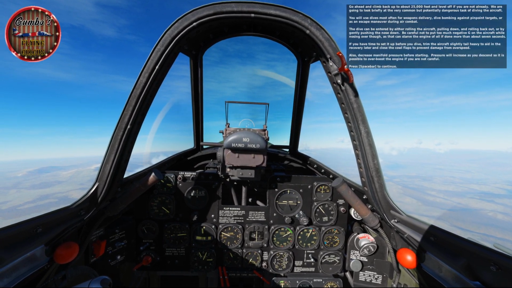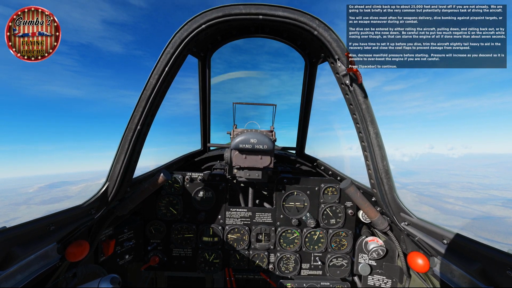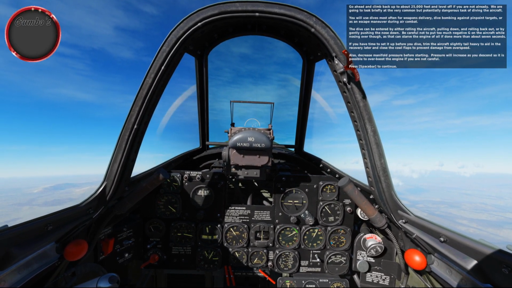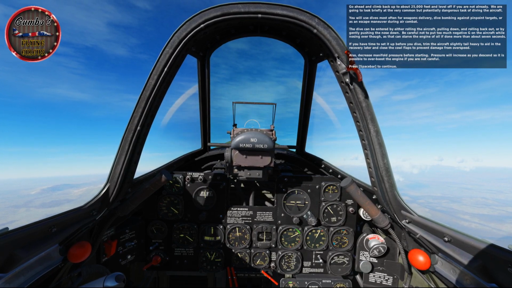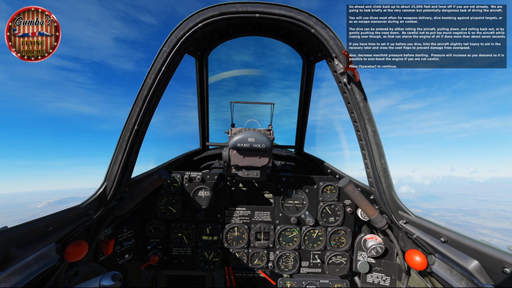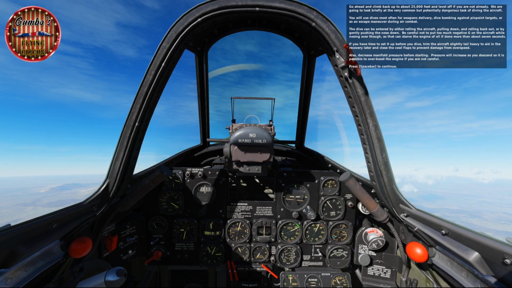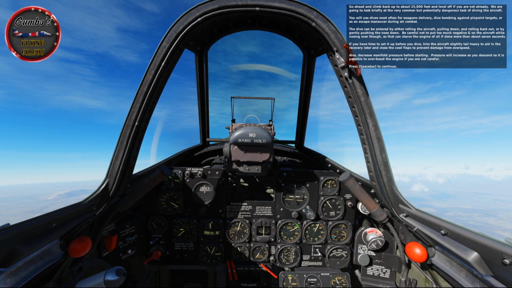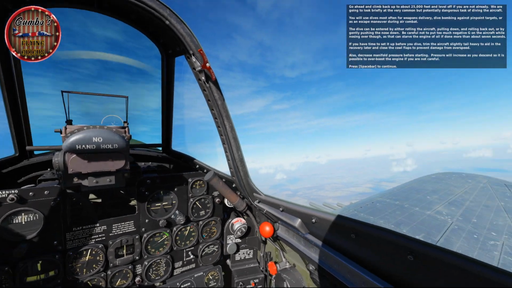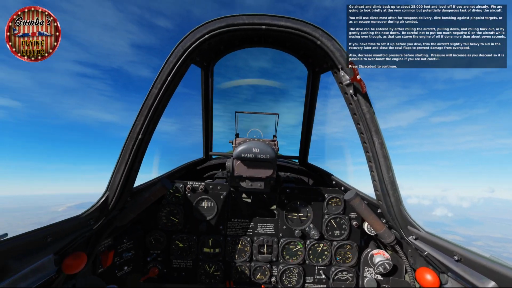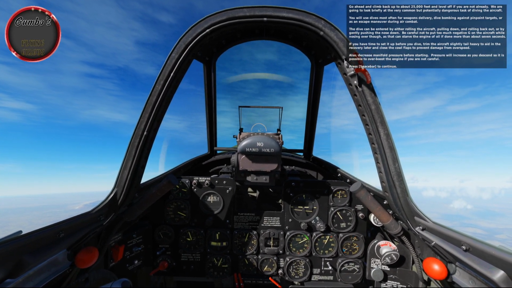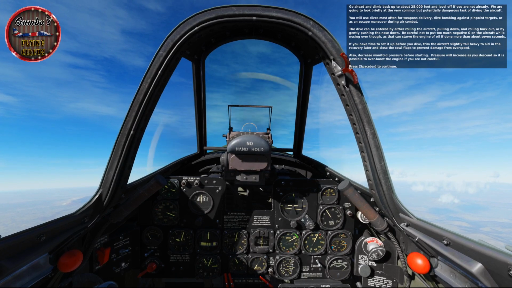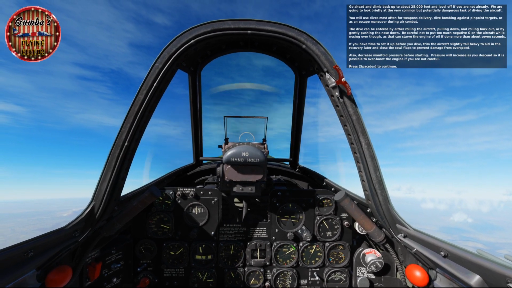Go ahead and climb back up to about 25,000 feet and level off if you're not already. We're going to look briefly at a very common but potentially dangerous task of diving the aircraft. You'll use dives most often for weapons delivery, dive bombing against pinpoint targets, or as an escape maneuver during air combat. The dive can be entered by either rolling the aircraft, pulling down and rolling back out, or by gently